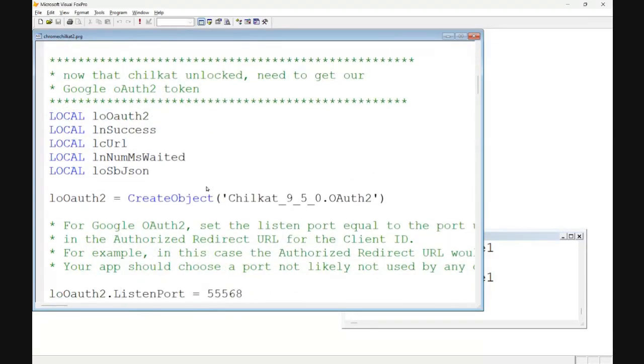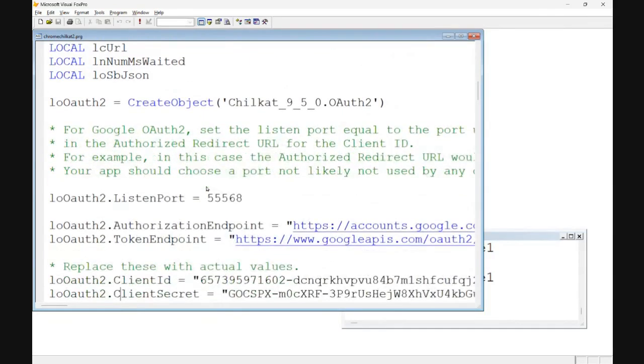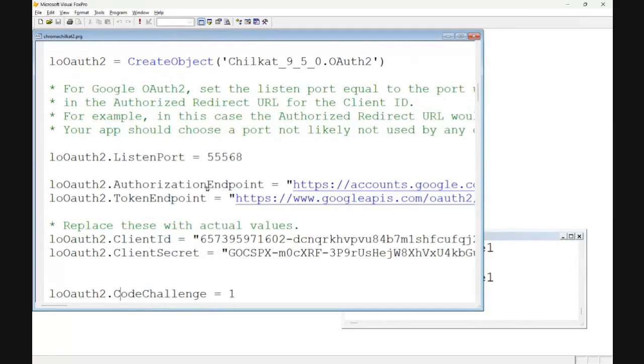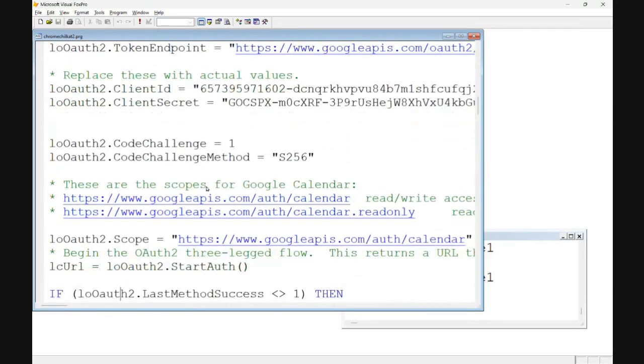And it's a simple process, really. We load up the OAuth 2 library here. We set some various parameters, and I'll show you where we get those parameters in just a second. And we call the